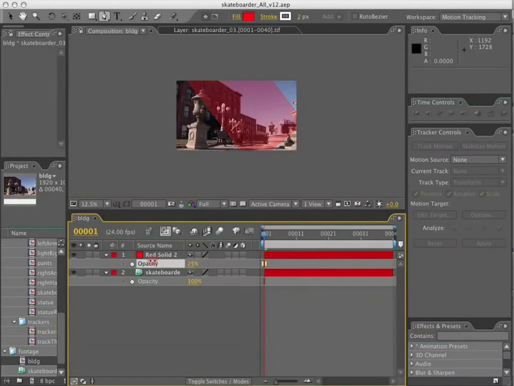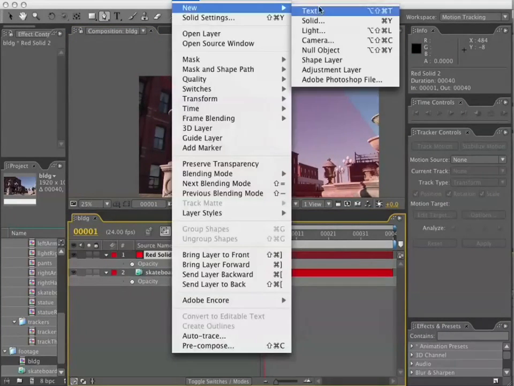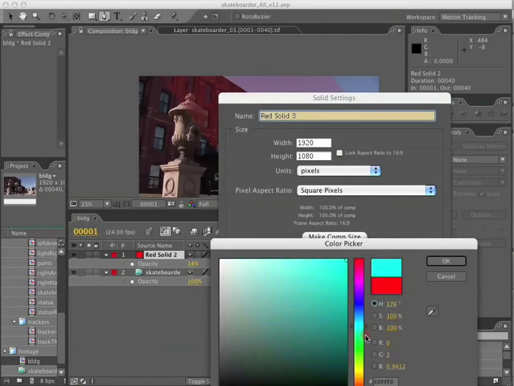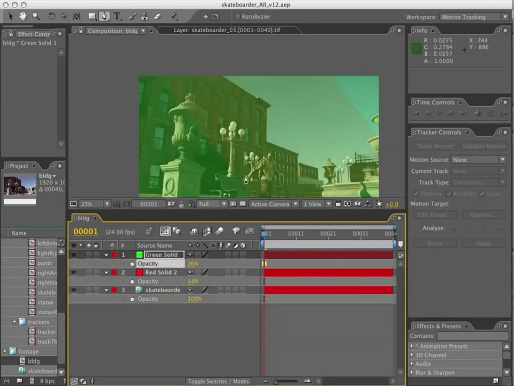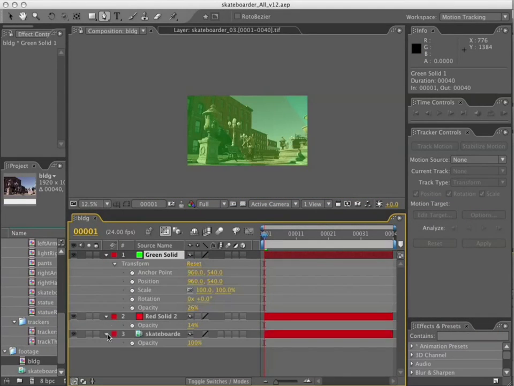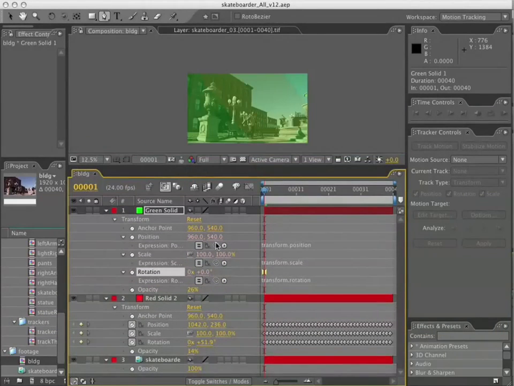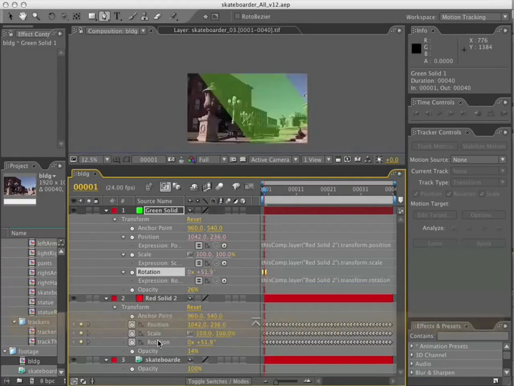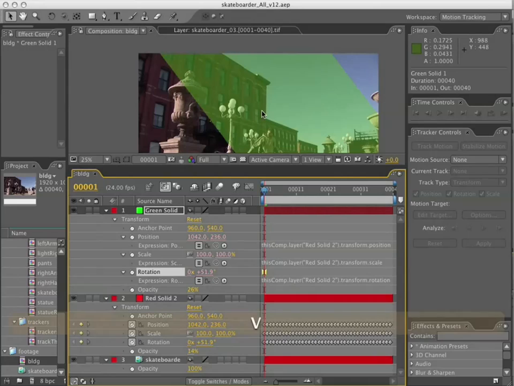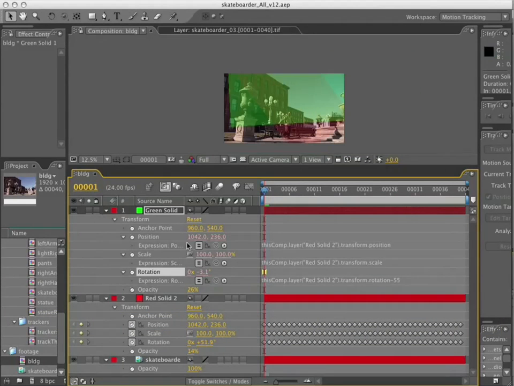So what I'm going to do is make a second solid and make expressions between the first solid and the second solid and do a rotation offset. So I'll give my second layer a different color, turn its opacity down as well so we can see what we're doing, and I'm going to make expressions between the position, scale, and rotation of the green solid and the red solid. And in the rotation expression, I'm going to subtract the amount that it is rotated by, more or less,